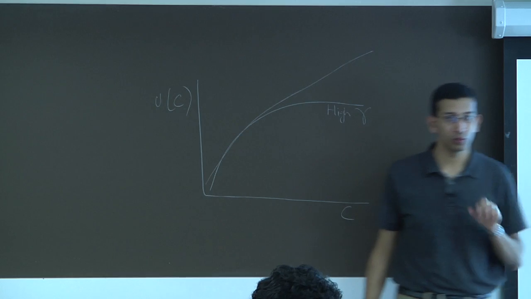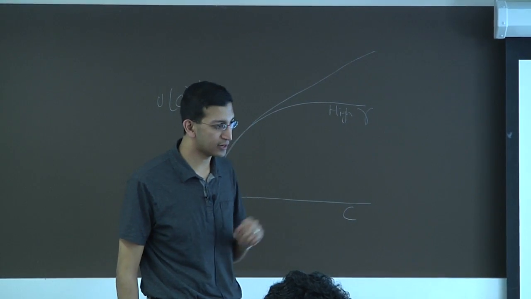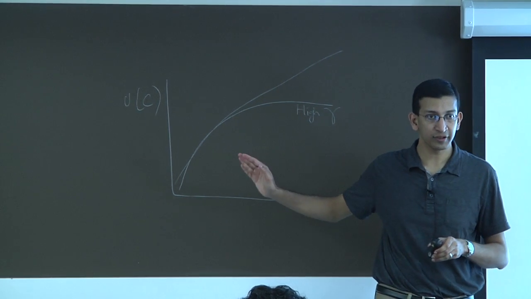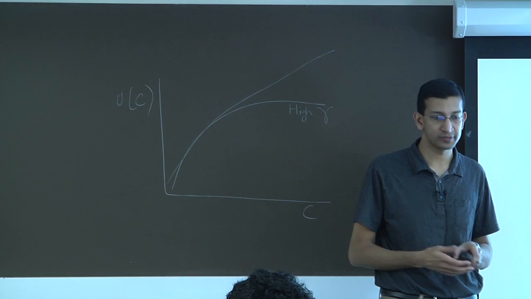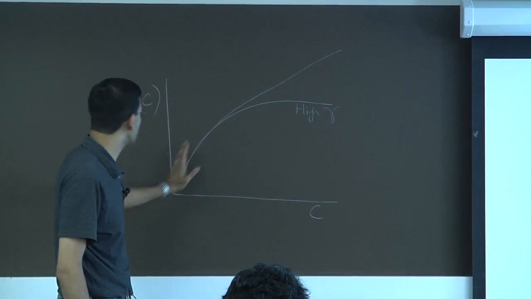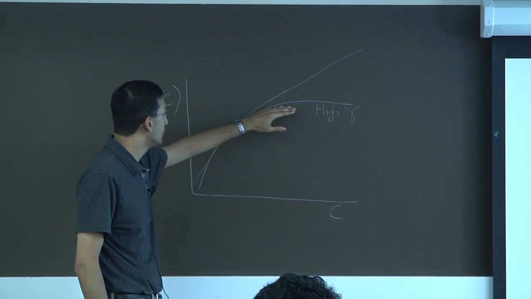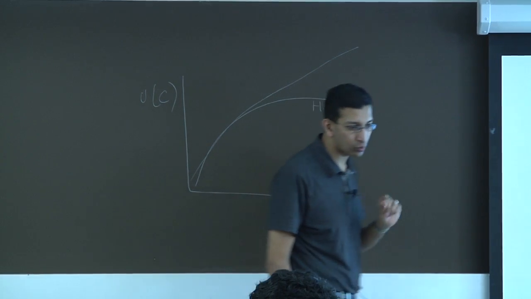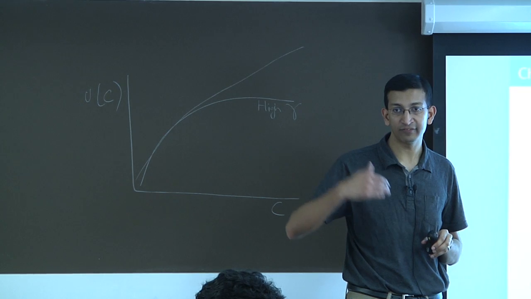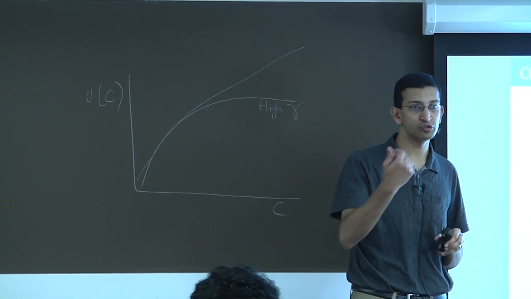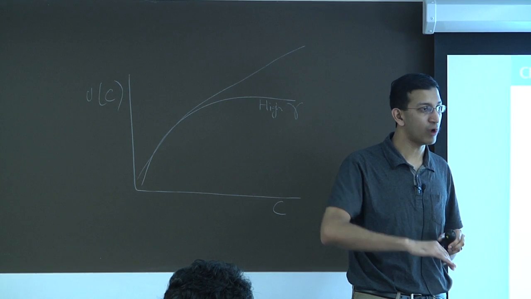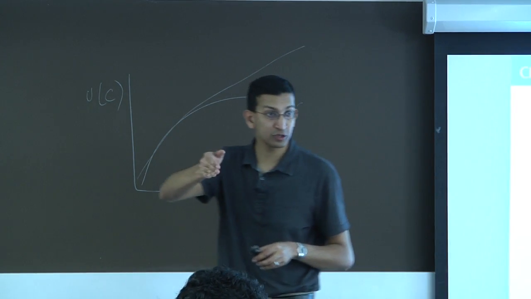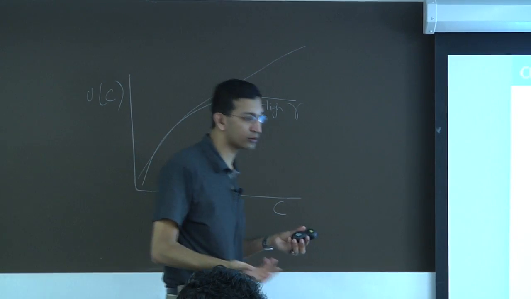So what should we see when we look at data on labor supply? As wages rise, we see with this utility function that people quickly become sated with goods, right? So look at the way I've drawn this. As your wage goes up and you have more and more consumption, you basically reach a point where the additional dollar is not worth that much to you. And so what should you opt to do as you have higher and higher wages? You should choose to consume more leisure, that is, work less, rather than continue to work a lot as your wages are going up, right? If your utility function is very curved, at some point you should basically say it's not worth it anymore.